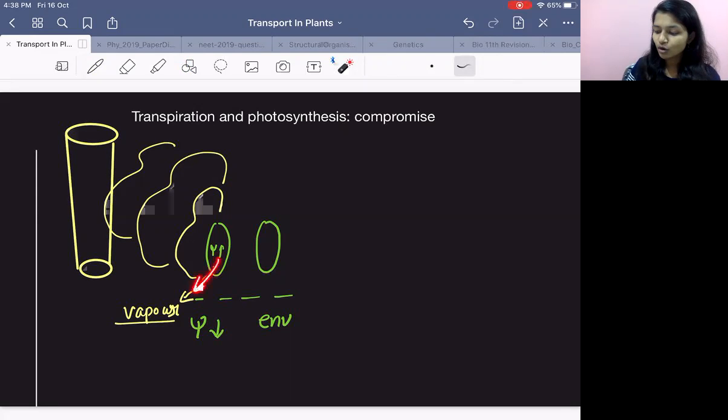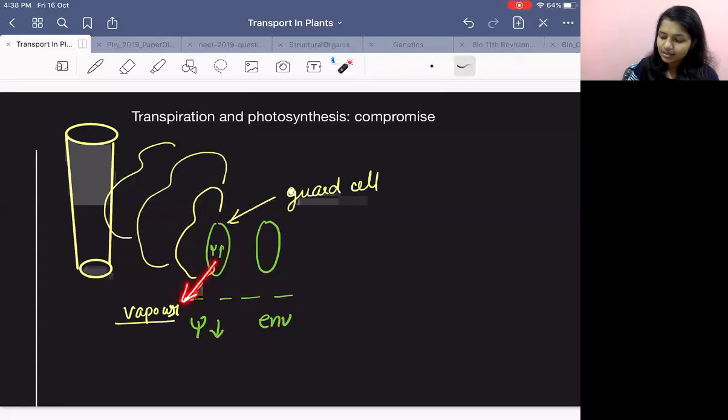I have taken water out from the guard cell to the outside. Compare this and compare this. The moment I take out water from the guard cell, the subsidiary cell around the guard cell,